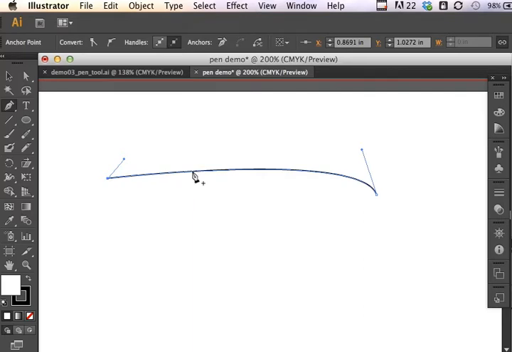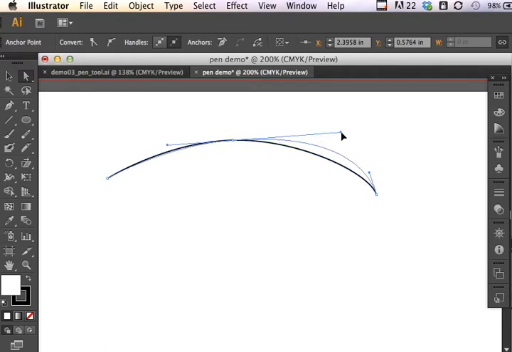And these are pen tool behaviors. If I wanted to add an additional point to this line, if I hover over the line and I see that little plus sign that the pen tool is giving me, and I click on that line, I was able to actually add an additional point that I can click and drag and manipulate,